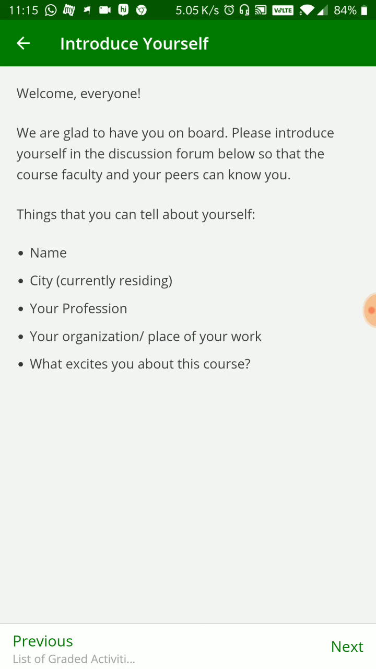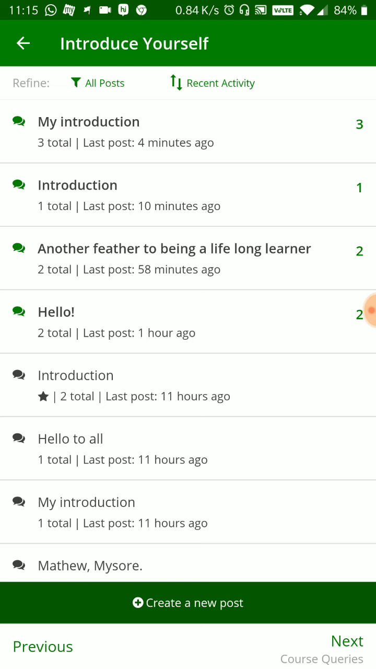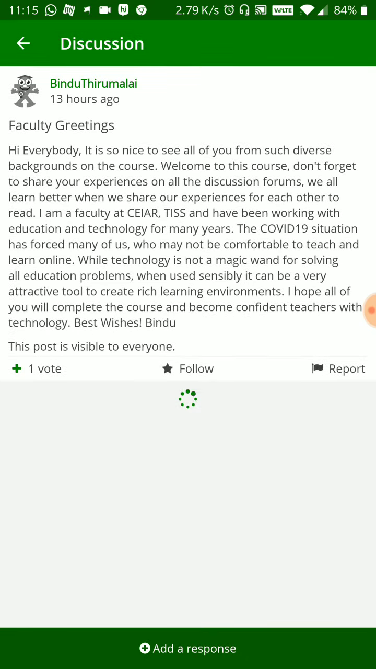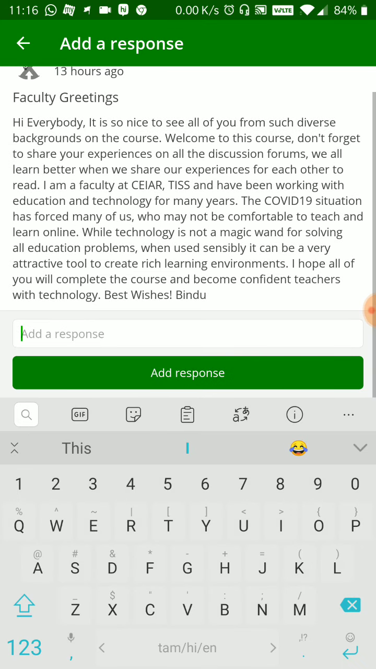So now if you have something like a discussion, you can go into discussion and you can see who all have posted. For instance, if one of the faculties has posted, you can also vote for them. So there is this +1 vote. It basically means that you like the post. You can also follow it by saying that you would like to get communication every time that the post is updated, and you may want to add a response by typing in,